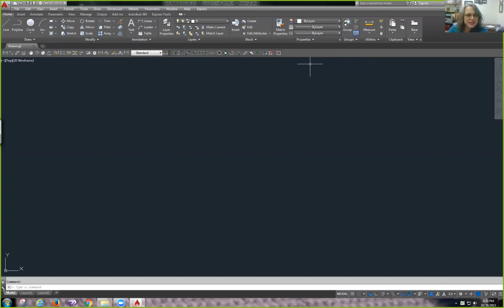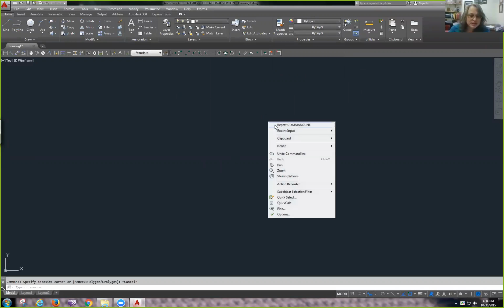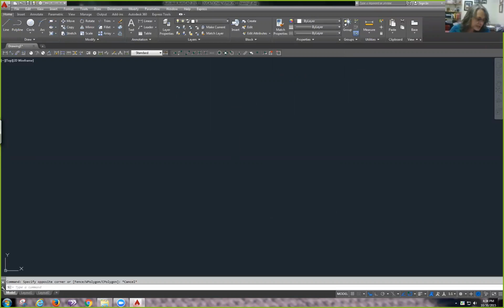And I've already changed mine, which is why if you click here on Properties, and then right here next to your printer, you're going to have a grayed out box. So let me show you how to make yours give you the option to choose by name, because that's what we actually want to use. We're going to follow the steps that begin on page 5 in Chapter 8. So right click, go to Options,